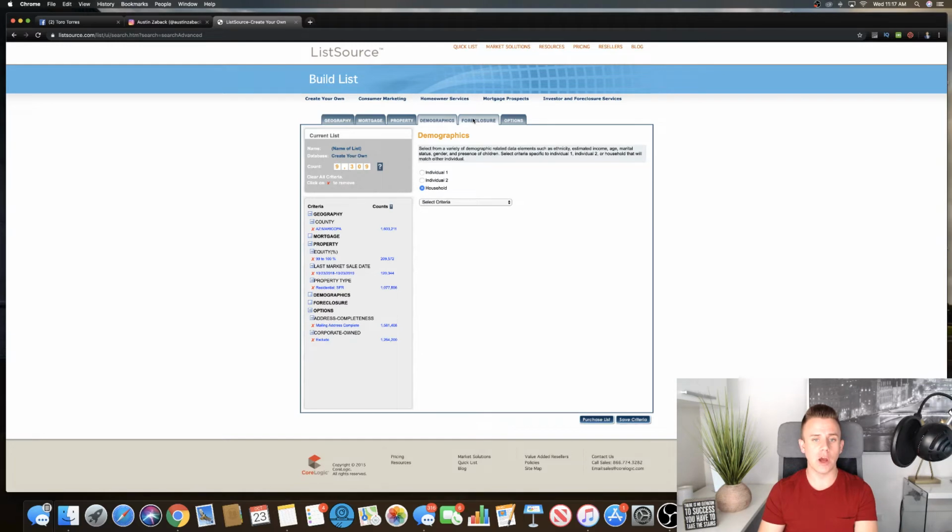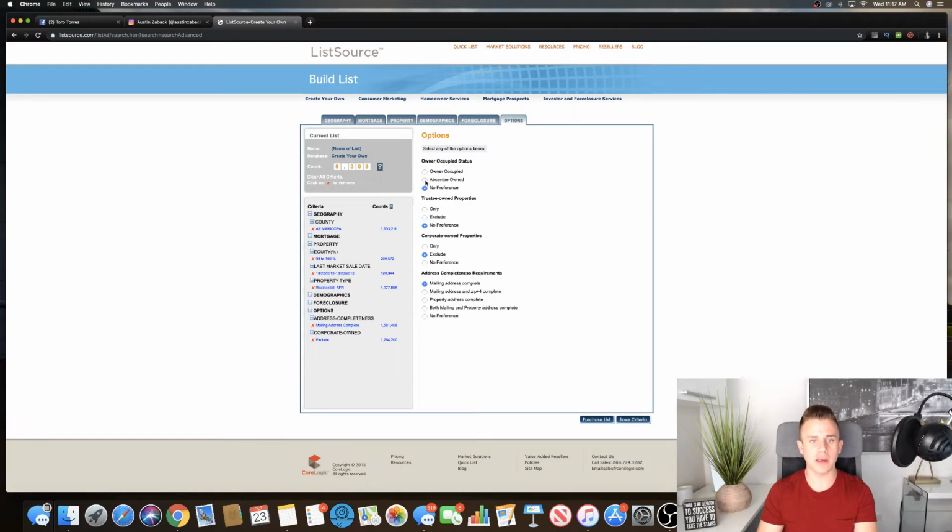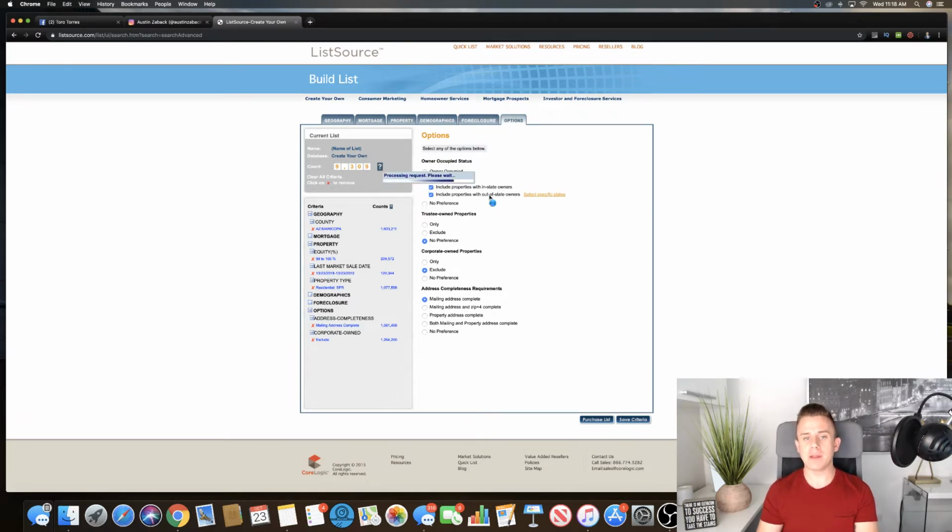And I'm just going to go through it here, okay, guys? So I'm going to keep coming through here. I'm going to go to options, and then I'm going to do absentee owners, okay? Because if they bought in the last 12 months and paid all cash, their taxable mailing address should be different from the property address. They're actually not living in that property. They are an investor, okay?